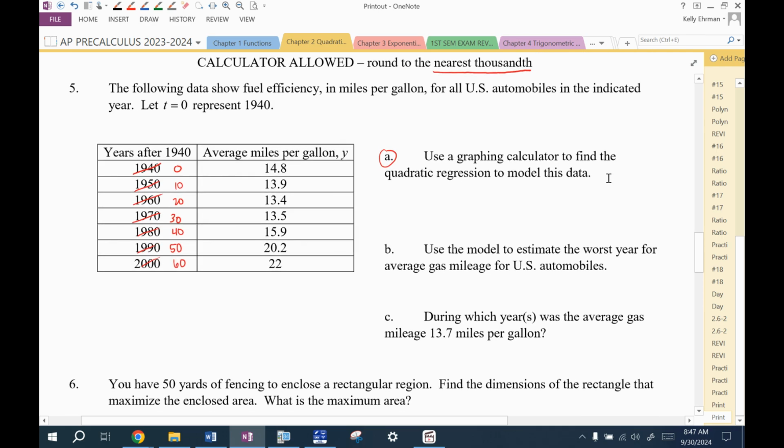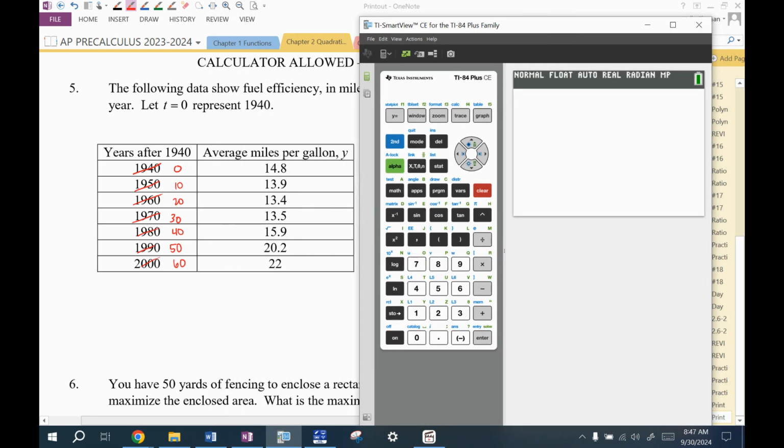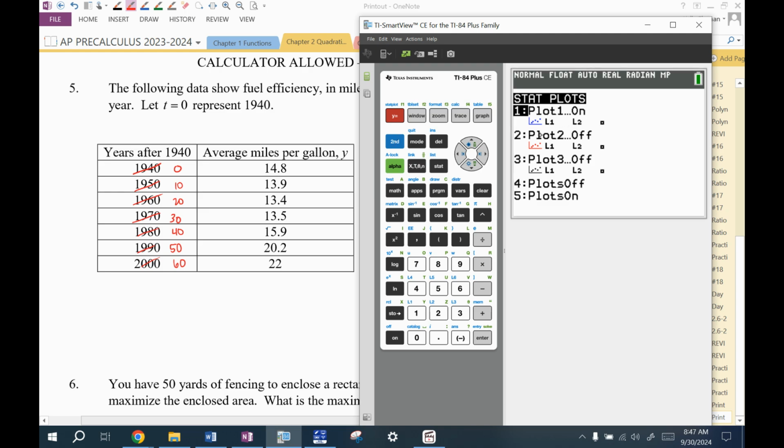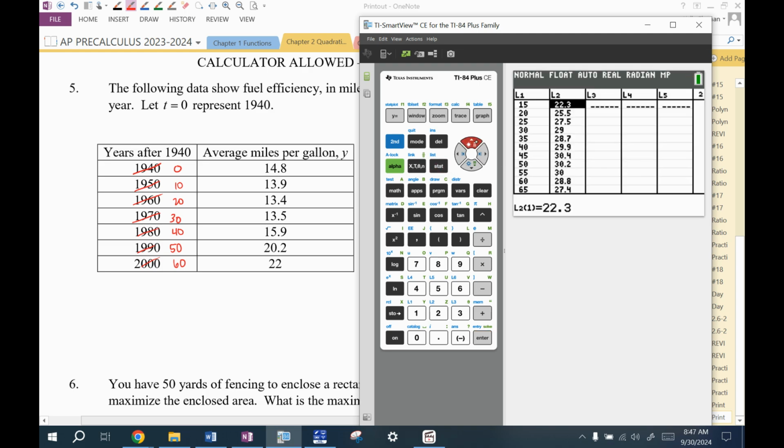Okay. Use the graphing calculator to find the quadratic regression. So let's get everything set up first. If we want to be able to see the quadratic regression, we want to make sure it's turned on. Now, if you're in stats or other classes that messes with this, you might need to check your stat plot, second y equals. Make sure the first plot says L1 and L2. Otherwise, we're going to go to stat edit, clear out the old data. So clear, enter,